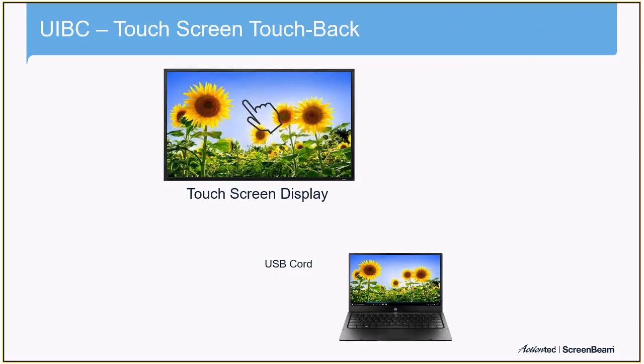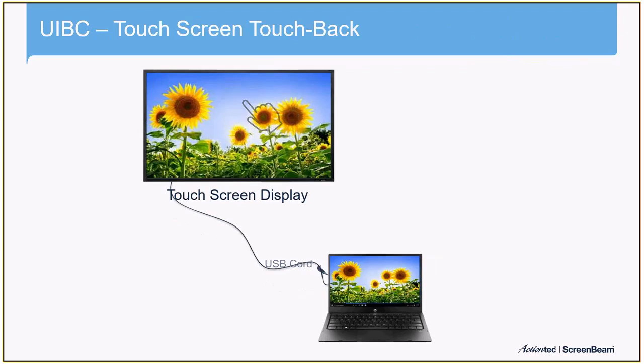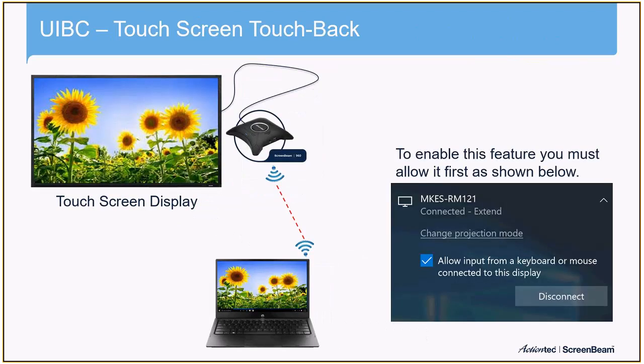Traditionally, when you want to connect your computer to the large touchscreen display, you're probably tethered to HDMI or VGA cables, as well as a USB cord. By connecting the USB cord to the USB input on the ScreenBeam 960, you can now be completely untethered from cables and send the feedback from a large touchscreen back to your student's device, and this is all happening in